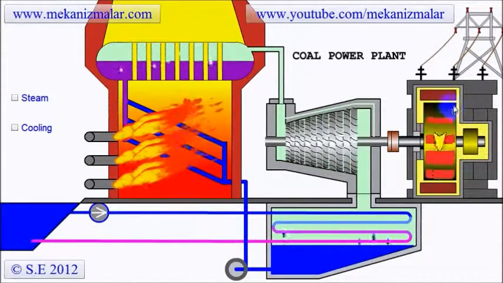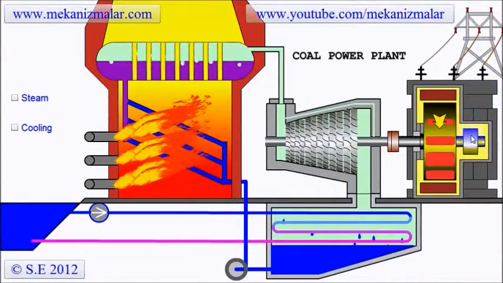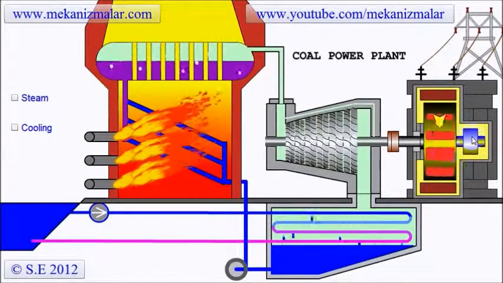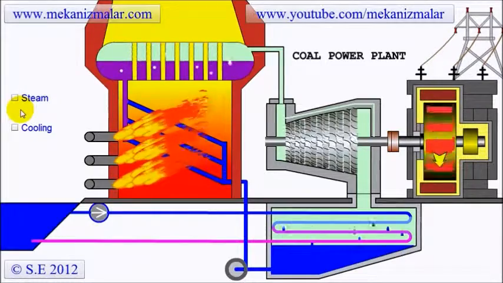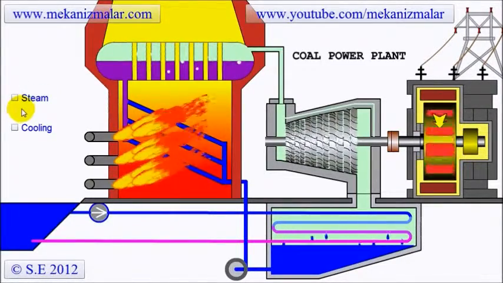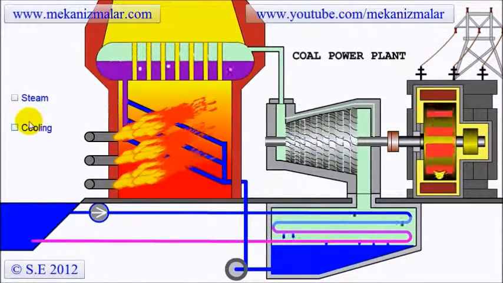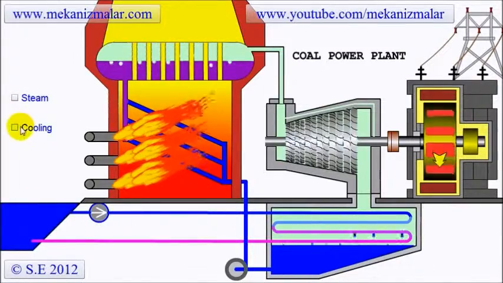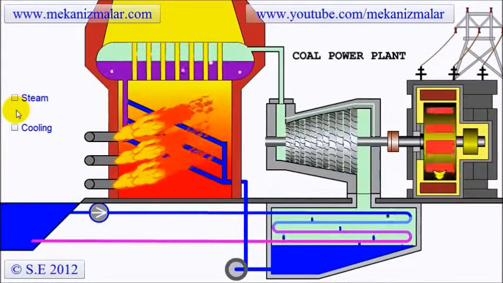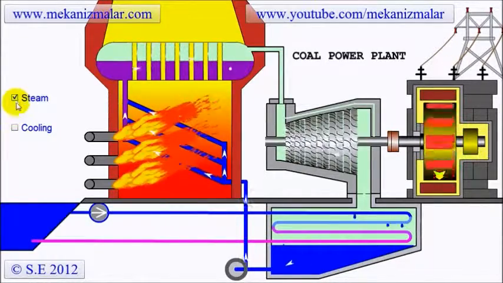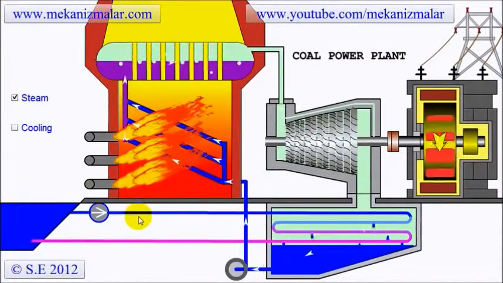Burning the coal heats water in pipes coiled around the boiler, turning it into steam. The hot steam expands in this pipe, so when it emerges, it is under high pressure. The pressure drives the steam over the blades of the steam turbine, causing it to spin, converting the heat energy released in the boiler into mechanical energy. A shaft connects the steam turbine to the turbine generator. So when the turbine spins, so does the generator. The generator uses an electromagnetic field to convert this mechanical energy into electrical energy.